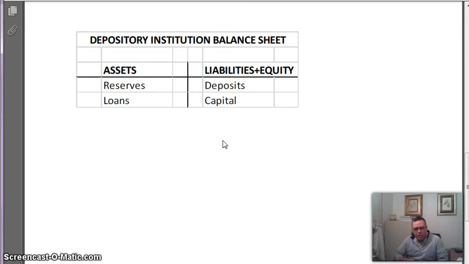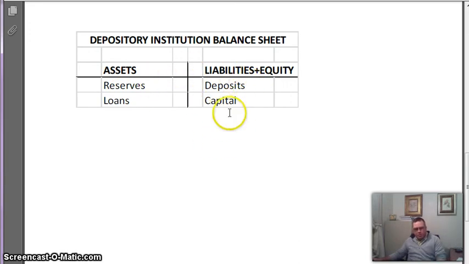This is a bank balance sheet. This is the first balance sheet we've seen this semester. Next lecture is on financial statements, so we'll spend a lot of time on balance sheets, income statements, things like that. But for now, let's look at a real simple one. Assets equal liability plus equity. Hopefully you've seen that before in an accounting class. So these two sides of the balance sheet have to add up. Assets are everything the bank owns. Liabilities and equity is how they raised that money to buy this stuff.